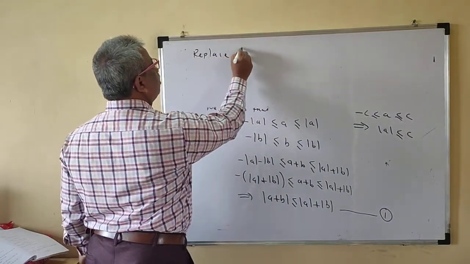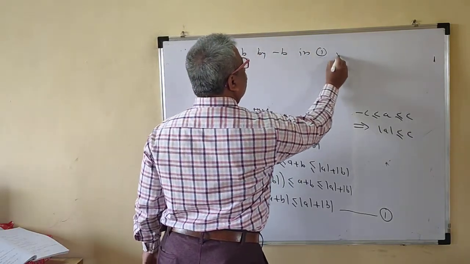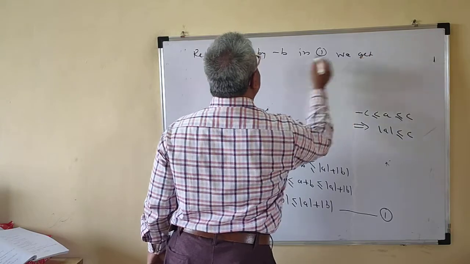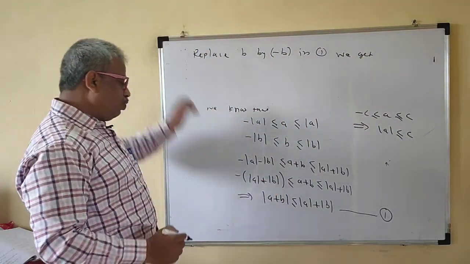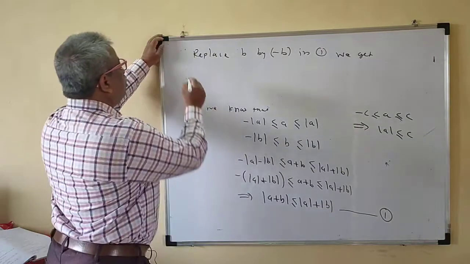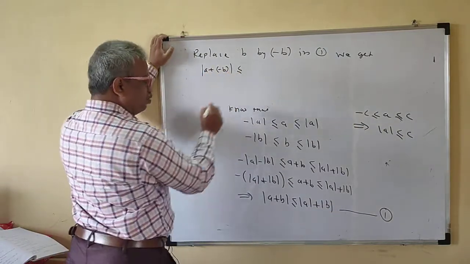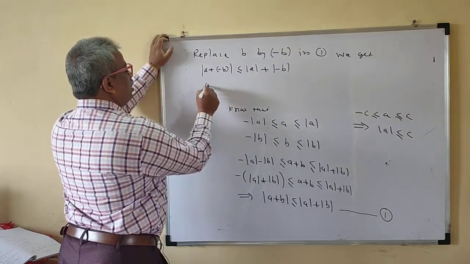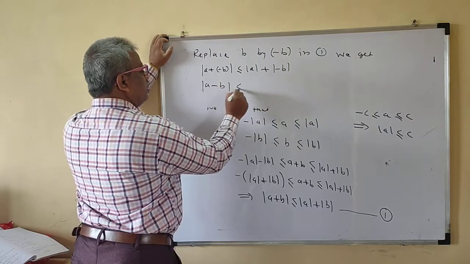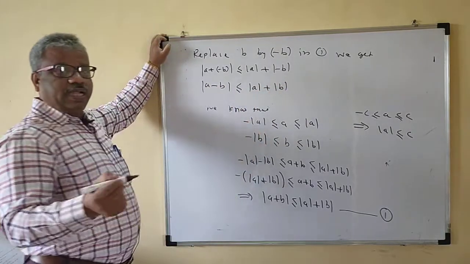Replace B by minus B in 1. We get, replace B by minus B in 1, we get, so we write B as minus B here. So mod of A plus minus B is less than or equal to mod of A plus mod of minus B. So this is A minus B, and this is less than or equal to mod A plus mod of B, because mod of the negative number itself